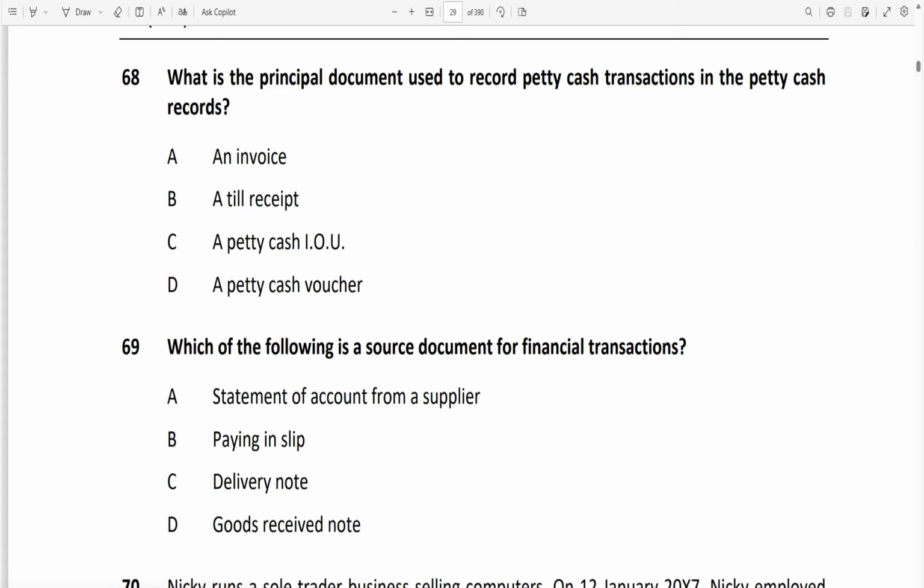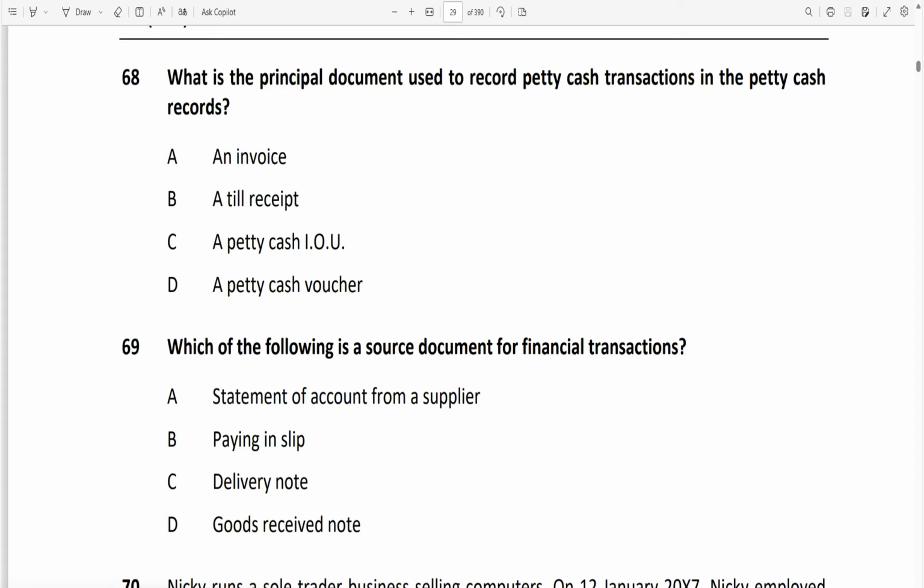A petty cash IOU is a note used when someone borrows cash from the petty cash fund, promising to pay it back, right? So it is not a principal document for recording the transaction in the petty cash record. Now the last option is the petty cash voucher. A petty cash voucher is the primary document used to record